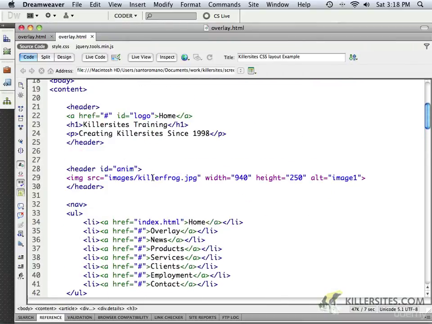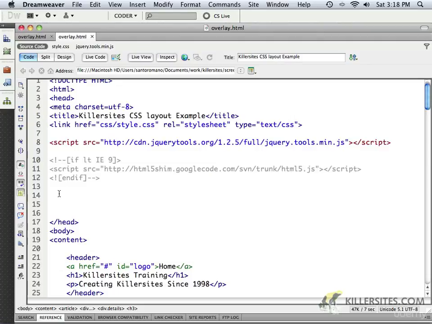So before we leave, it's really simple to implement this line of code. Now you'll notice that in the overlay, I've left you with the full jQuery tools min.js. The one thing about this line that we copied for use with the previous slide tabs is that we are now going to have the same options available to us for use with overlays. So we don't really have to make any changes to this at all. It's just got the basic jQuery tools information inside of it, and the only other thing we need to do with regards to our